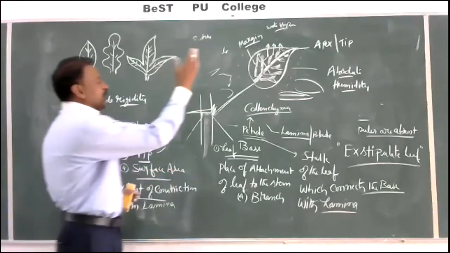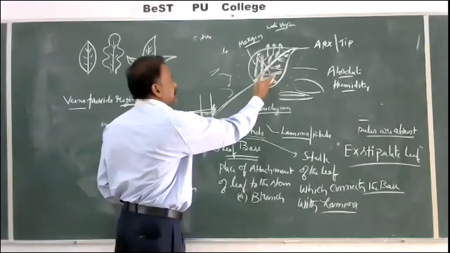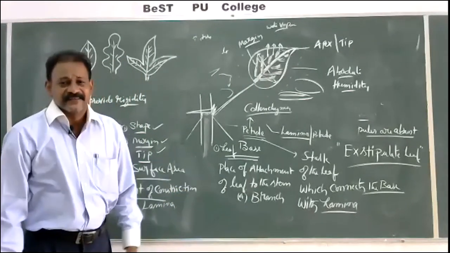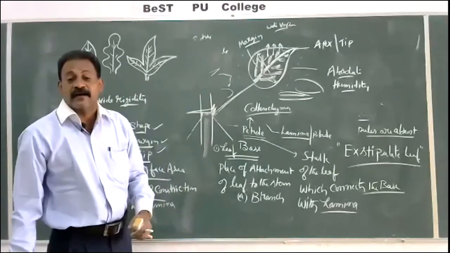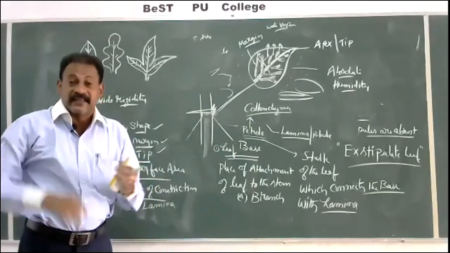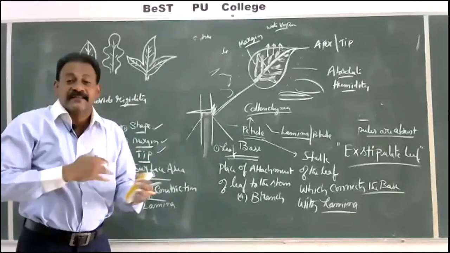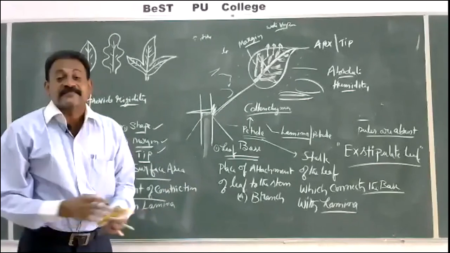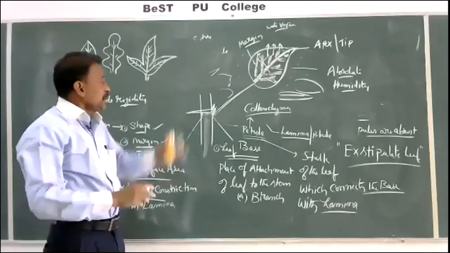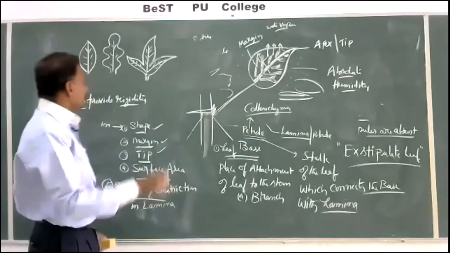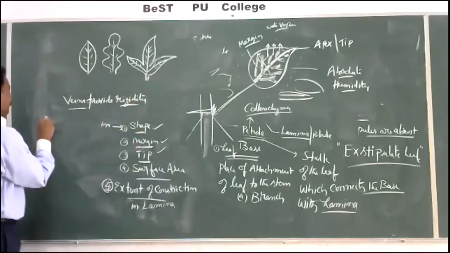So the main part of the leaf, the lamina, is responsible for photosynthesis and exchange of gases. It consists of small pores called stomata. When they open, only then will water be lost in the form of water vapor, only then will carbon dioxide enter, and only then will oxygen go out. Otherwise, there would be no oxygen on the surface of the earth. So the main structures are the leaves and the lamina. We are going to study various types of venation in the next